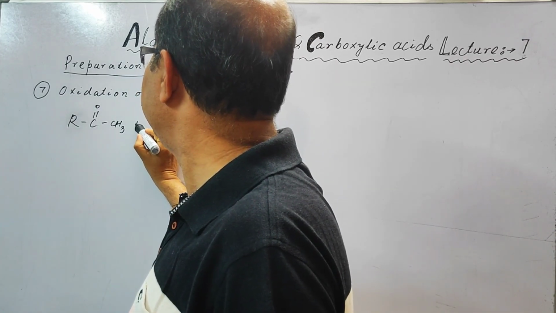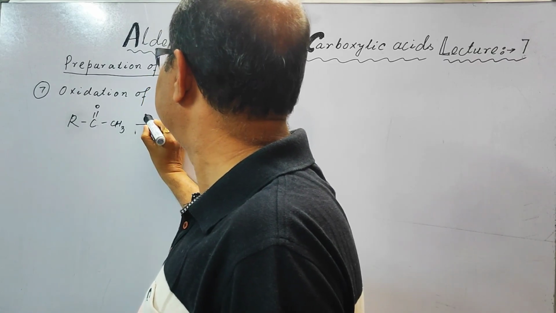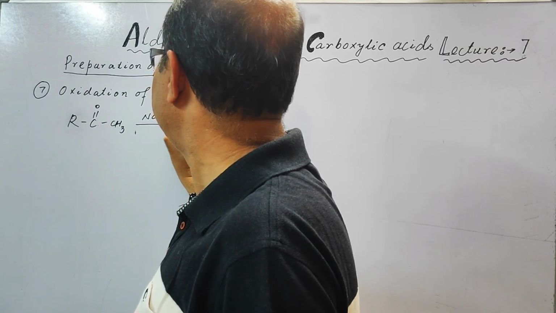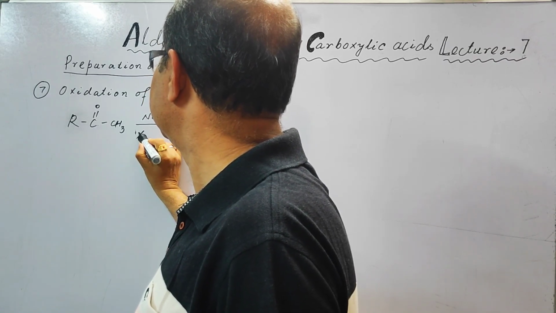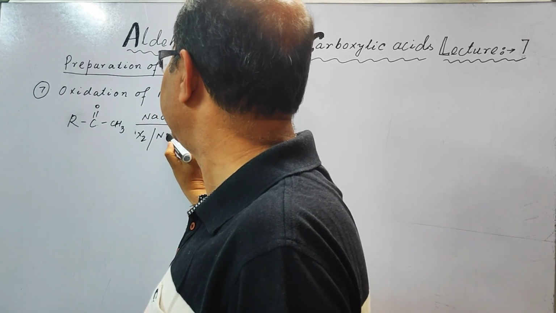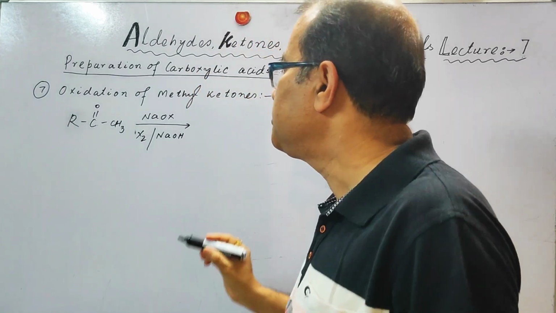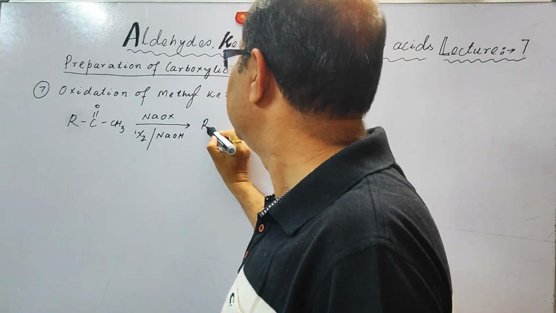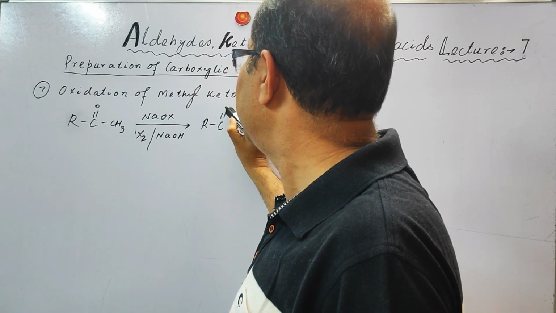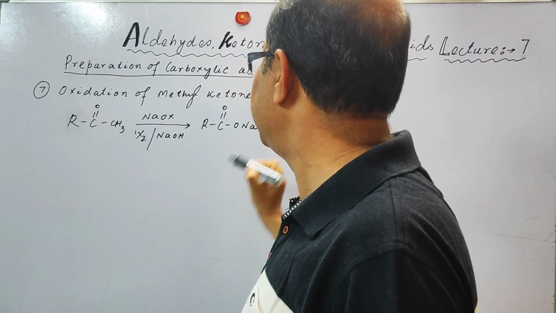When being oxidized in presence of sodium hypochlorite, meaning halogen we are taking along with NaOH, it is going to produce the sodium salt of carboxylic acid,